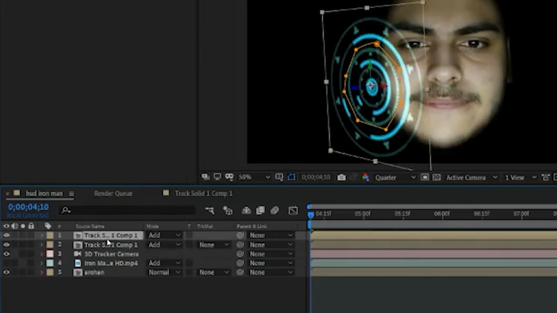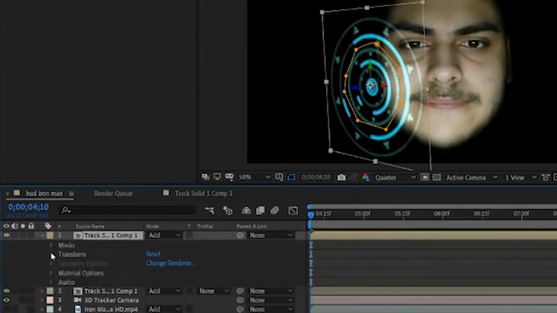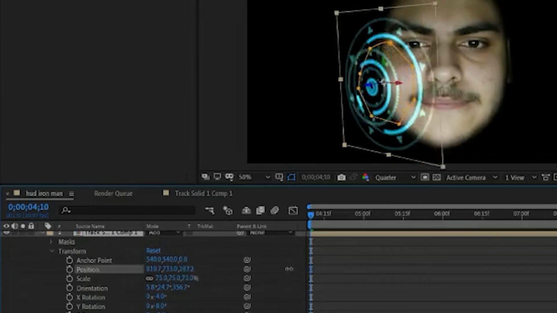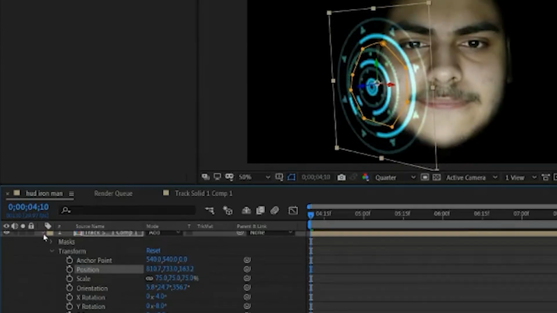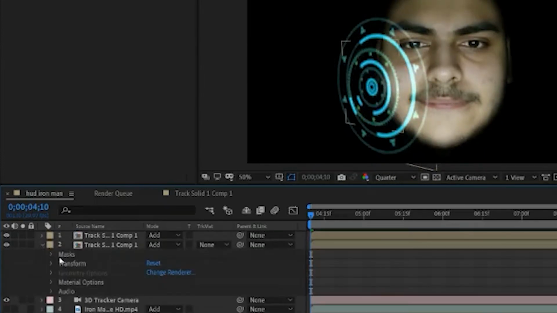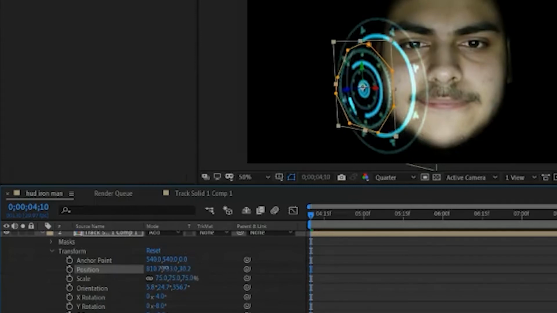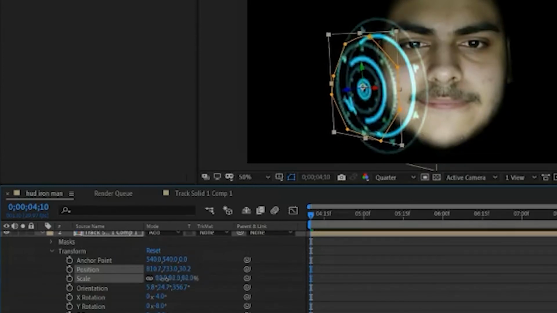So again, if you go to the transform settings and change the Z position now, you can see both are separated. Now change it accordingly, so it looks like this inner circle is in front of the other circle. You can change the size as well, whatever you want. You can increase the size.